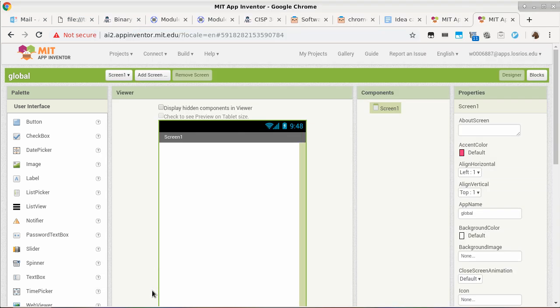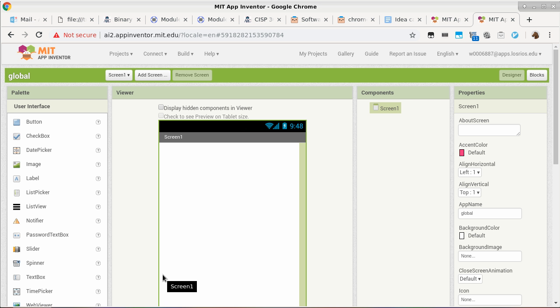Okay, so our main objective with this project is to show you guys how to make multiple screens. You can see one huge button here, or several screen-related buttons here. The first one allows you to switch from one screen to another, so you can design the screens. You can also, by switching to a different screen, get different blocks. I will show that a little bit later. This is how you add a new screen. Click on the new screen button, and then it will ask how you want to name your new screen.